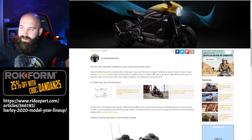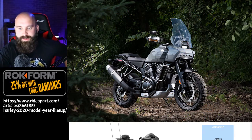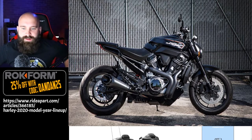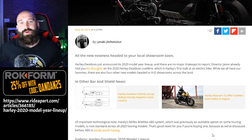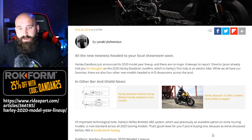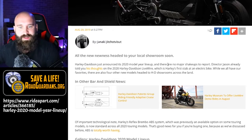Another thing that they don't do in this article is they talk about the Pan America and the Street Fighter. Blockhead sent some pictures onto his Instagram. Looks really cool. I'm really interested in the Pan America and see how that's going to do. That is their adventure bike. And then on top of that, the Street Fighter is their Street Fighter bike. It's a naked sport bike with the new 2021. I think it's going to be 2021 now instead of 2020. It's their new engine, their new modular frame and everything. So it's pretty cool. So anyways, Harley-Davidson just announced its 2020 model year lineup, and there are no major